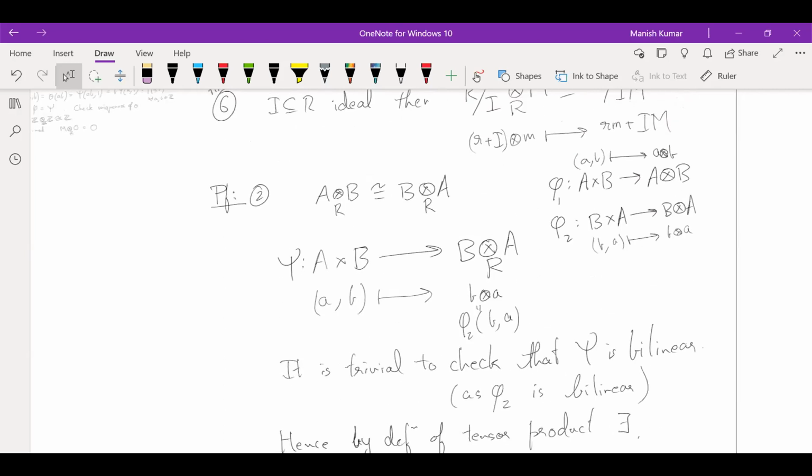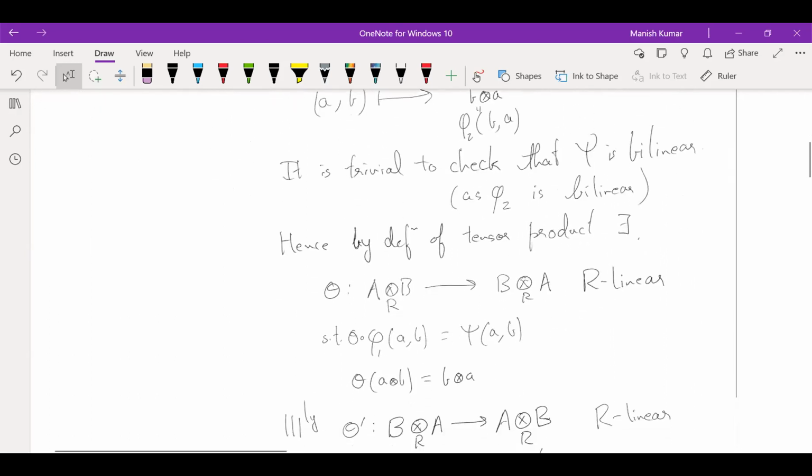Phi1 is the first structure map from A cross B to A tensor B, sending (a, b) to a tensor b. So theta will send it to